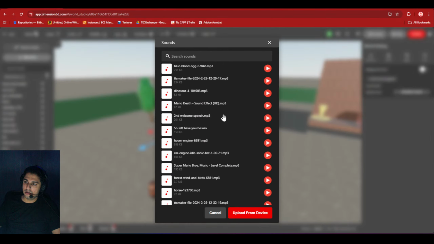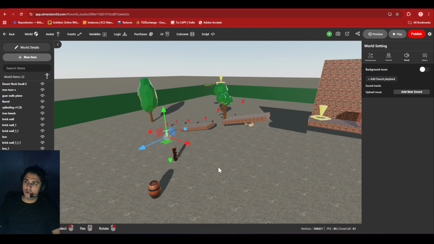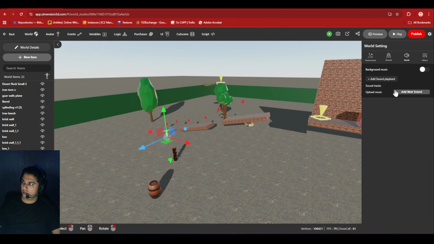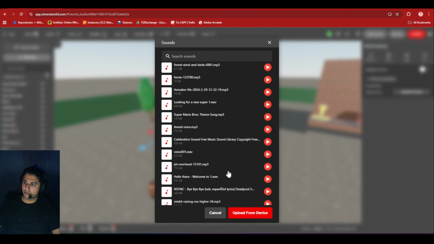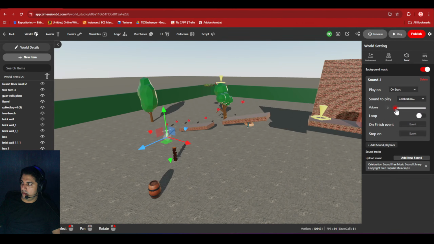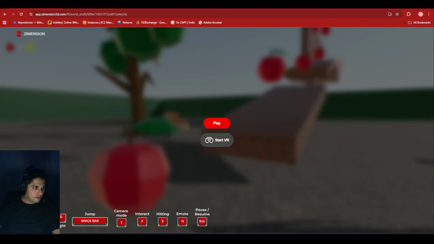So I can add a sound. These are the sounds that I have recently updated or added. You can upload your own sound. You will not see the file browser because it is not shared on the screen, but let me just select something that's there, a celebration sound. Okay, and I will increase the volume a bit. And once I collect 4 apples, it will play. First of all, let us play it in the normal way. Let me know if you guys can hear the sound of my gameplay. I can increase it from here.